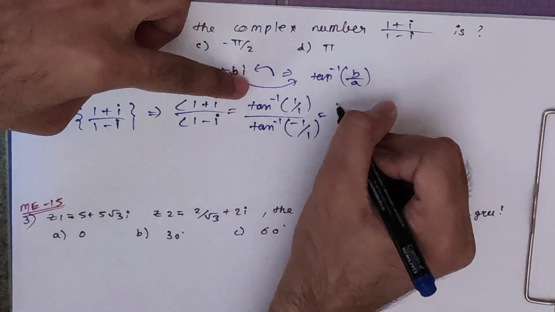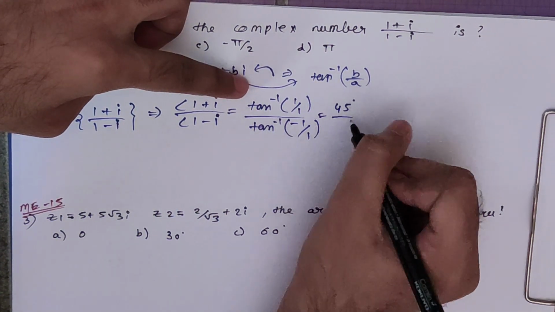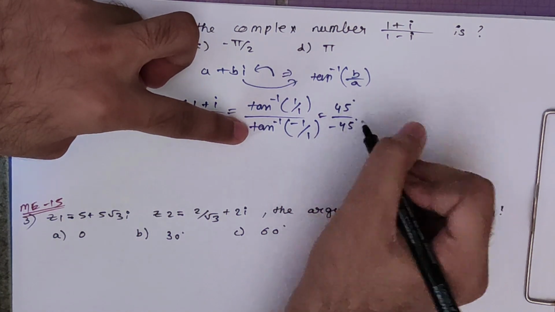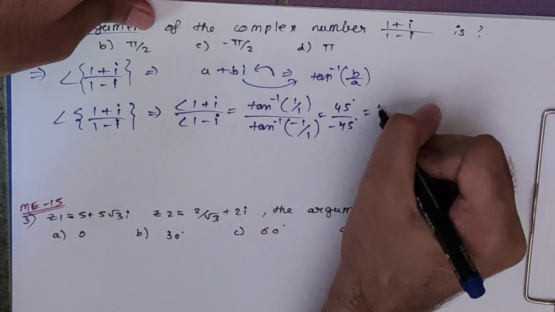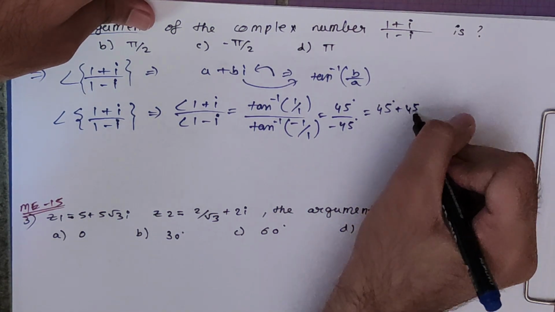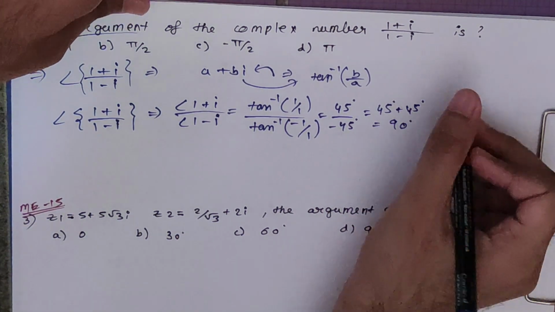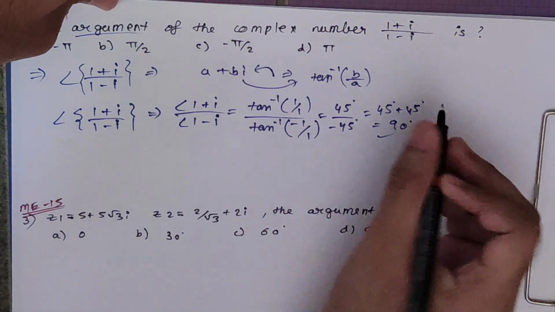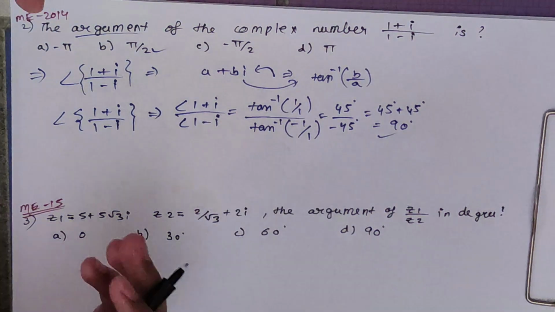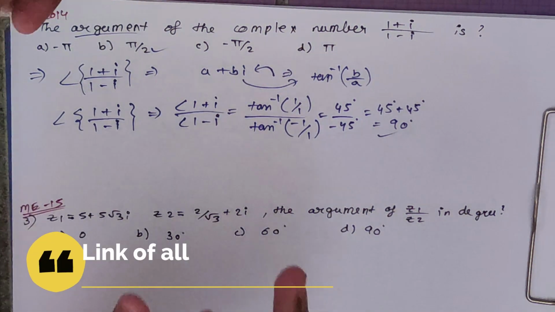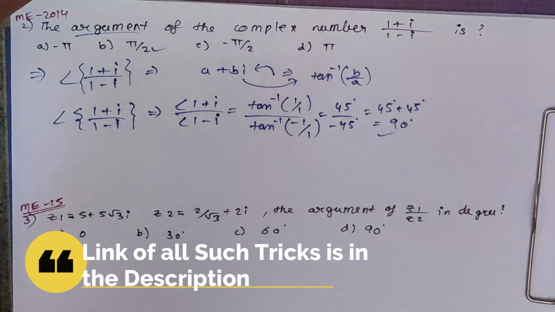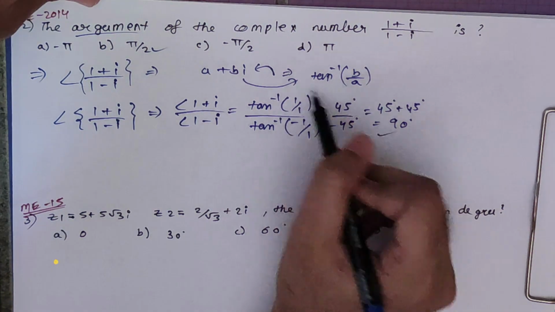So you will get here 45 degree at numerator, at denominator you will get minus 45 degree. So if you take this denominator angle into numerator you will get 45 degree plus 45 degree, basically 90 degree, and from the options you can see the correct answer will be pi by 2. Okay, so you can see by the trick you can solve this type of sum very easily, but for that you should know some properties of this formula.